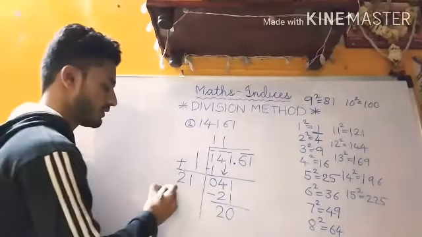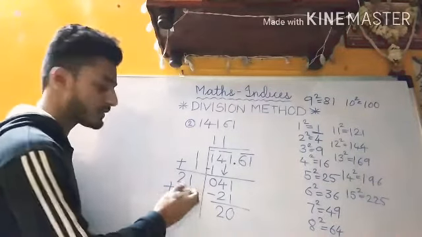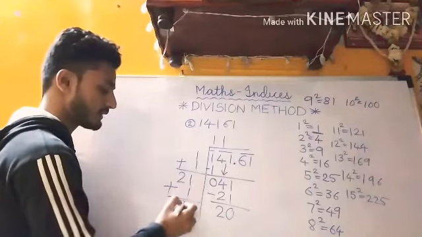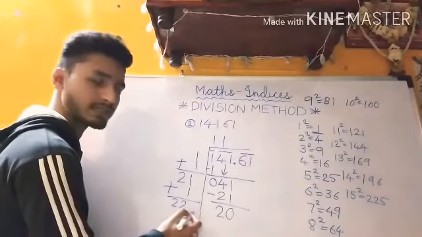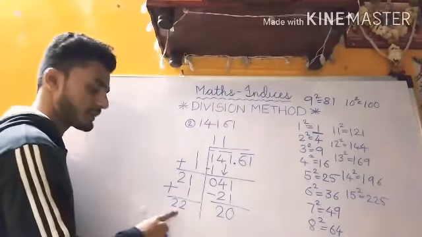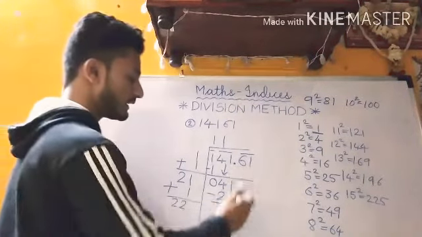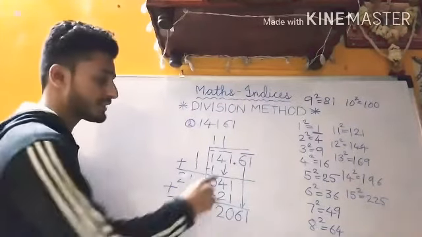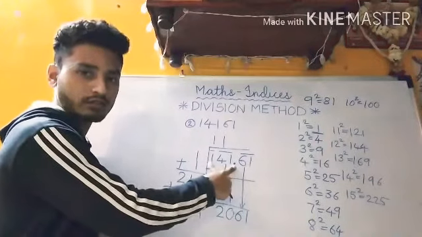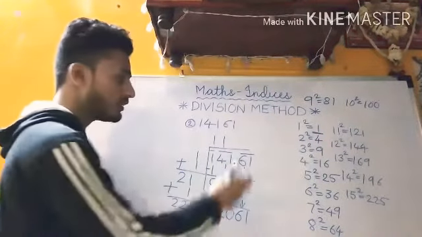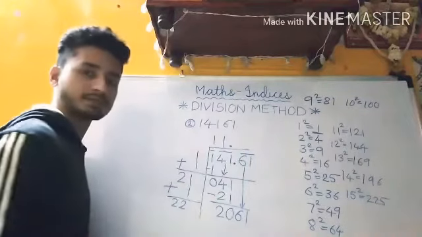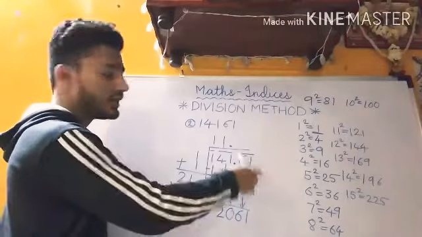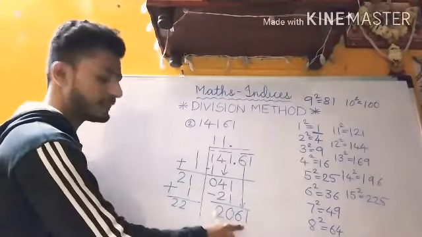Now we will do the addition. Which number is in the units place? Yes, 1 is in the units place. So I'll write 1 here and I'll add this, so it will become 22. Again I am leaving some space here to write the number. Now I'll take the next pair. The next pair is 61. But 61 is after the decimal point. So before taking 61 down, I'll first put a point here. Before taking any number after the decimal, first give the decimal point and then take the number below.